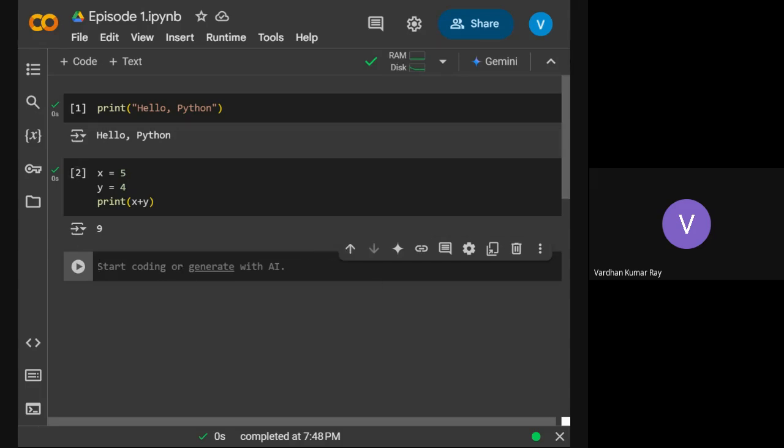Yes. So let me write another code, a very small code. You can see in this line, Python allows you to declare variables like this. Declare and initialize, right?